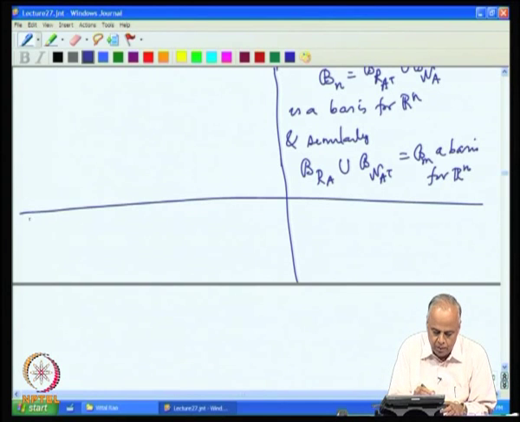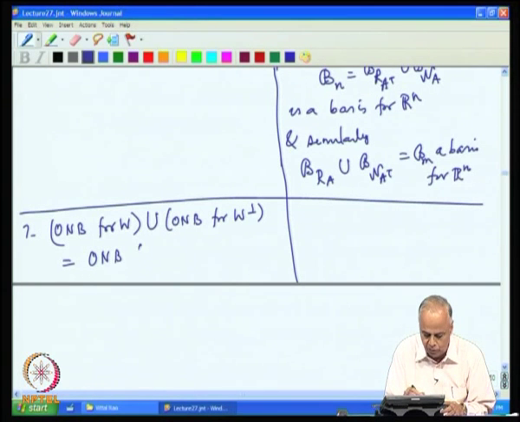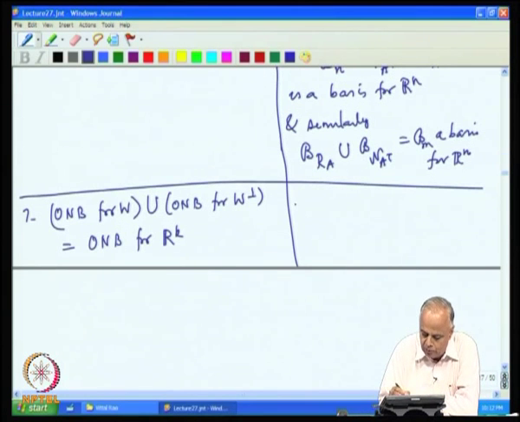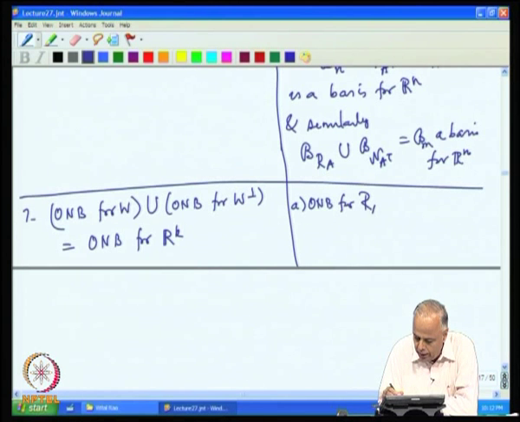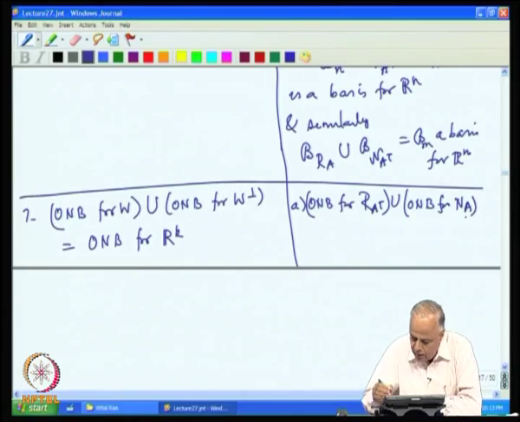So, we have orthonormal basis for W union orthonormal basis for W perp is equal to orthonormal basis for R^k. If we now apply this to the matrix situations, orthonormal basis for range of A transpose union orthonormal basis for range of A transpose perp, which is N(A), is equal to orthonormal basis for R^n,